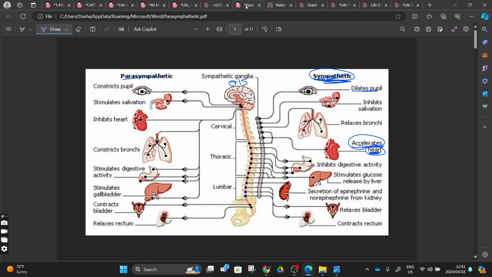While we are increasing that heartbeat, we're also going to have other changes in our body. Now, since the heartbeat is increasing, it means that our blood now is going to have more pressure, right? We are going to increase blood pressure. From there, you know that this is going to relax the bronchi. Why? So that the oxygen now can be pumped in and out. Like when you are scared, the oxygen has to be